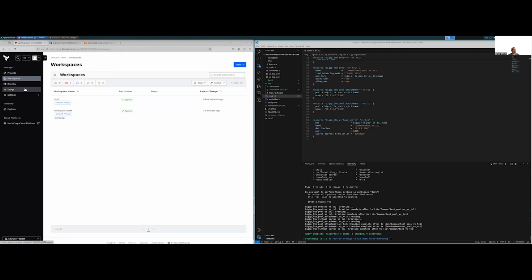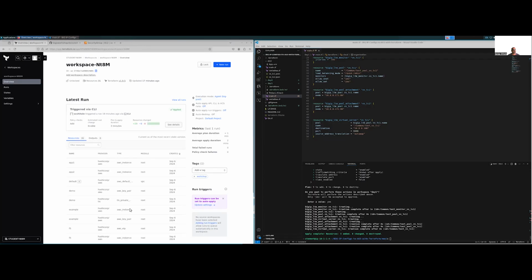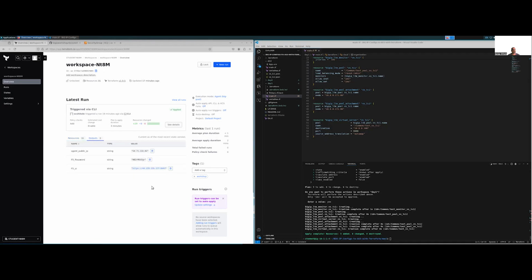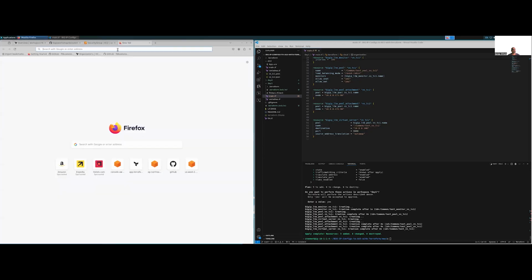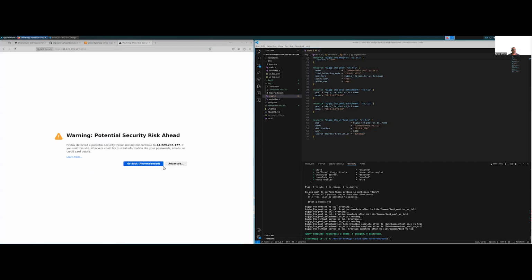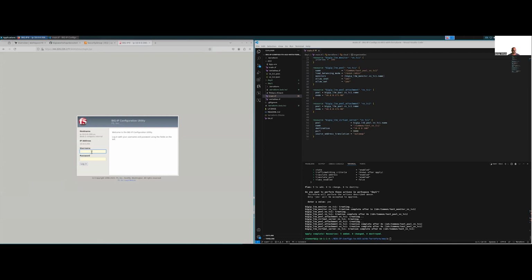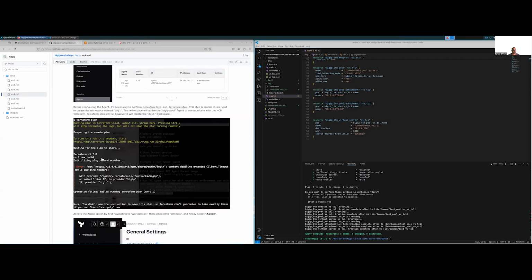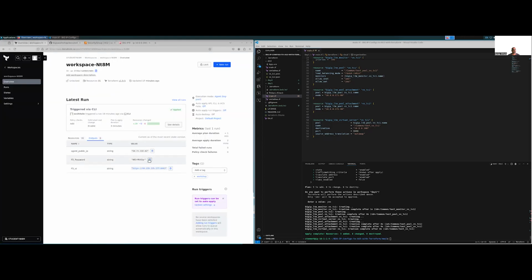Now I can go to this workspace, and if I want to check what it has done in my BIG-IP, I can open a new browser and go to BIG-IP using 8443, go to advanced, and accept the risk because I'm not using any certificates, right? One thing I need to do is copy this password also,